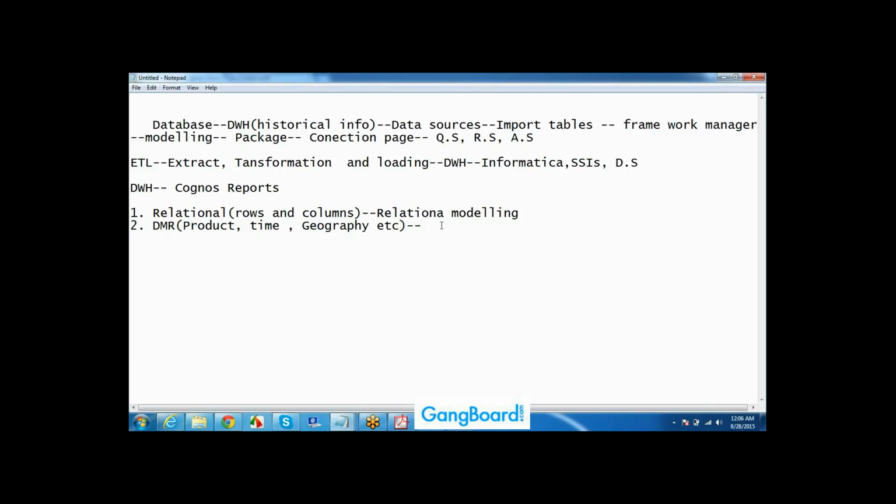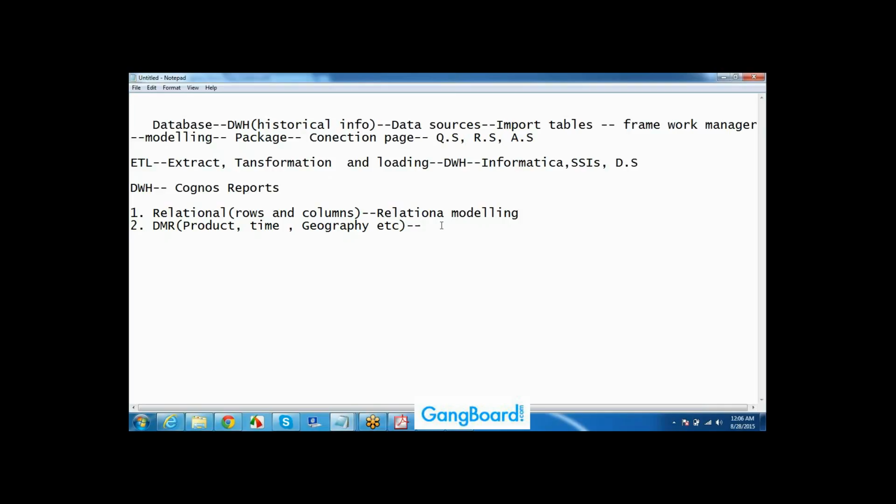Depends on your customer requirement whether to go for DMR or relational modeling. When they want to see a tree hierarchy, when they click on the plus symbol of the 2015 year, they just want to see all the months inside it, go for DMR. When they want some filtering, like 2014, just go with relational modeling. We will see in detail one by one.